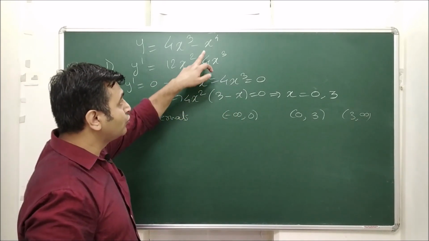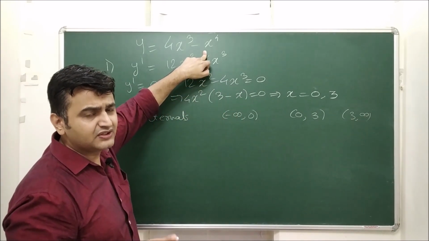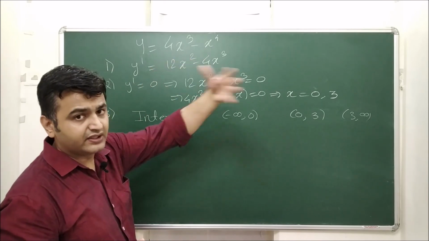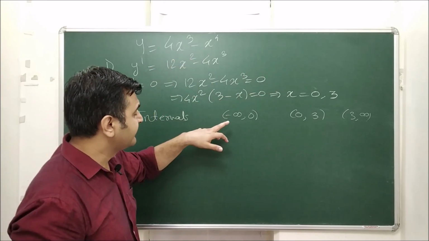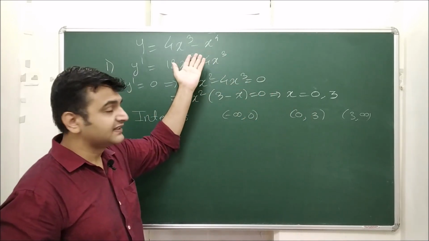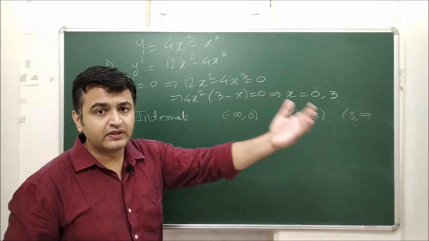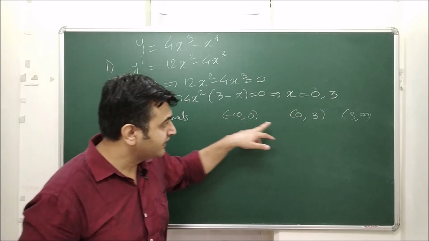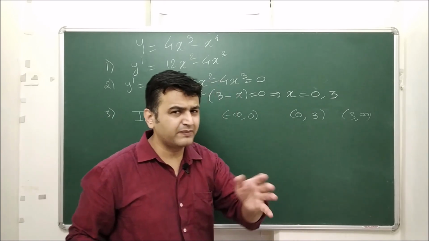Okay, now here the domain is not given. So whenever the domain is not given, you have to find the domain, and in this scenario the complete real numbers can be the domain, and that's why I am going from minus infinity to infinity. If someone says sketch the graph over the interval minus 10 to 100, then here the least point will be minus 10 and here it will be 100. So you have to take care of those things.